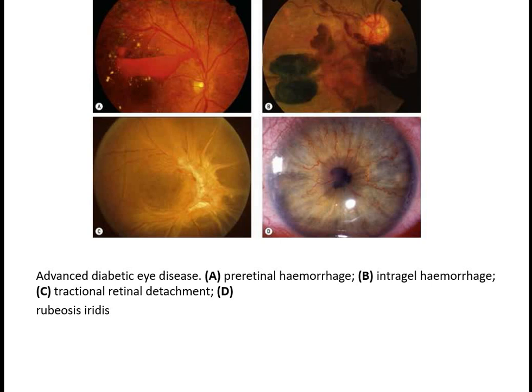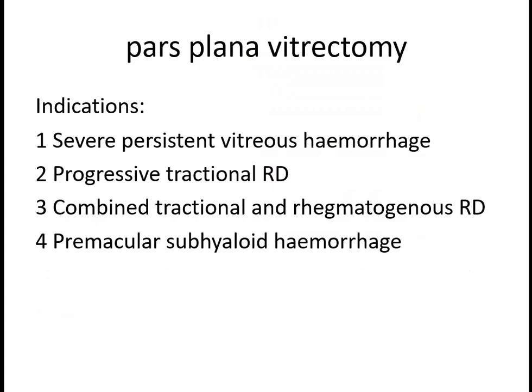B, there's intravitreous hemorrhage, dark discoloration, multiple diffuse. C, there's traction around the optic nerve head and the macula. And D, there's abnormal blood vessels on the iris، يسموها rubeosis iridis. فمن وصل لمرحلة المريض انه ما عنده persistent vitreous hemorrhage او عنده traction detachment، هذا indication